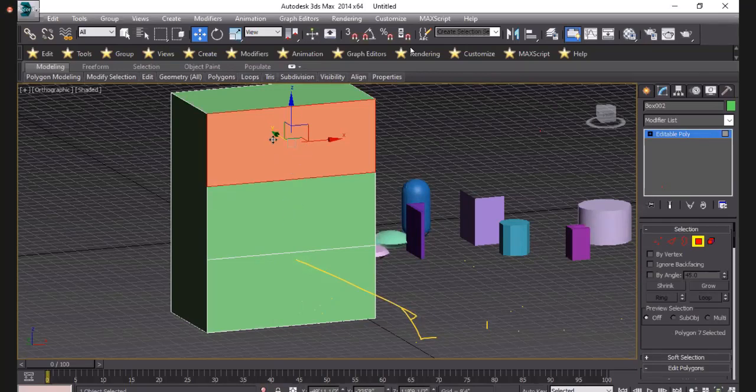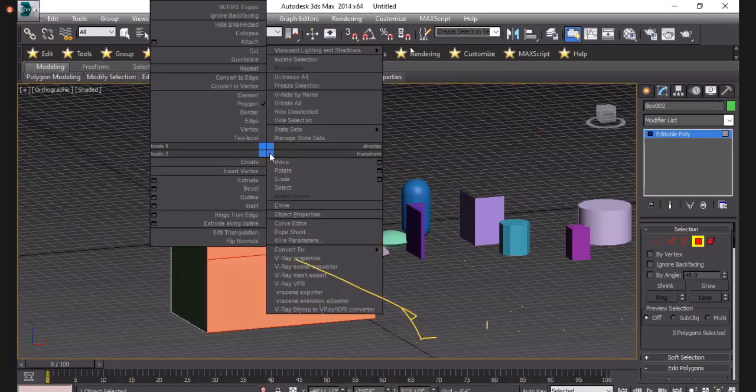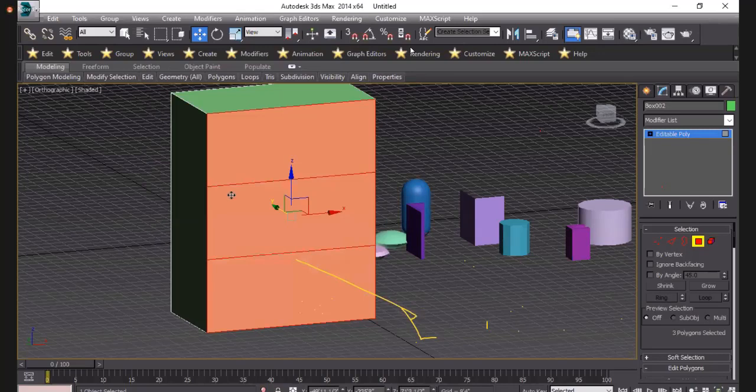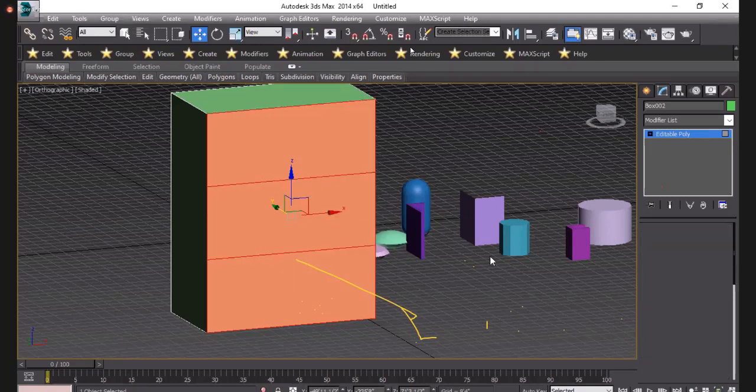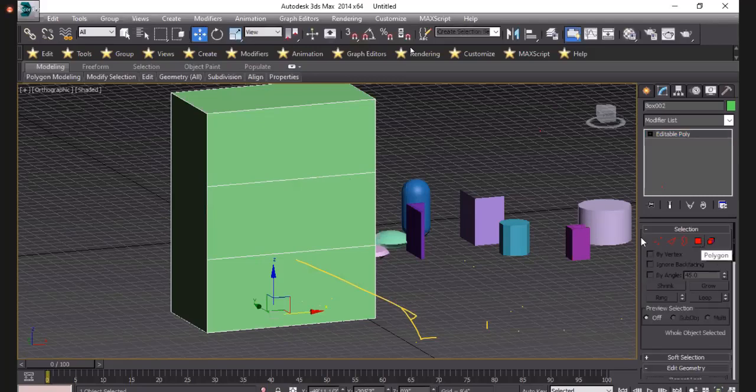I select one, then press Control, select second and third, right click and choose extrude, not extrude, select this small box. I will just select it.